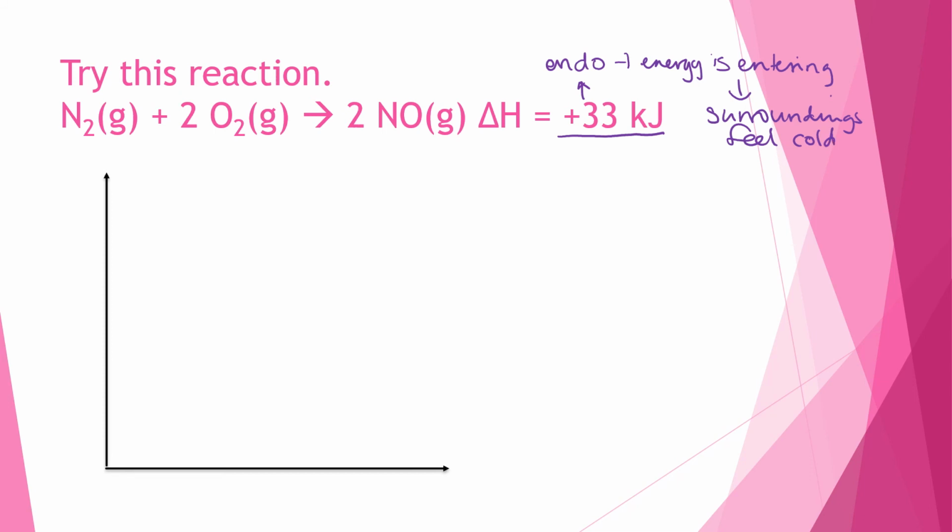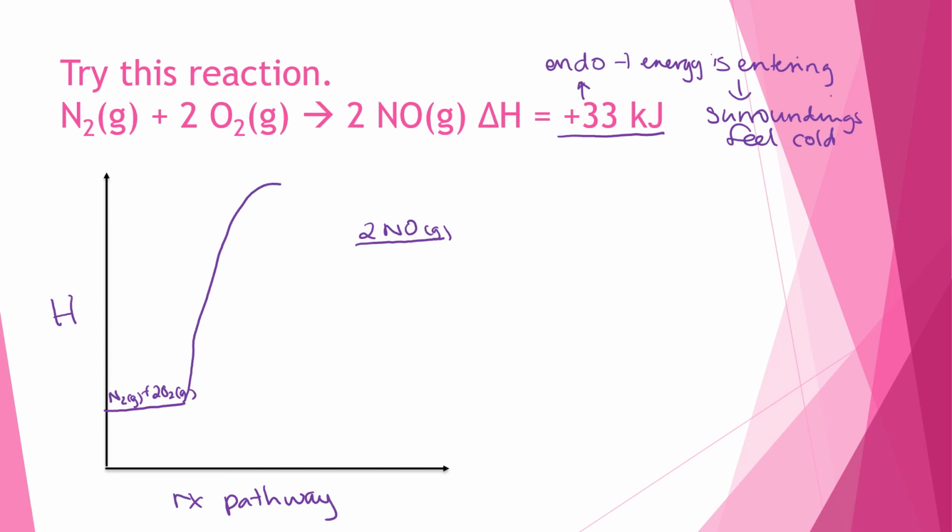Now let's go through the process. We label our axes. So this is the reaction pathway. This is enthalpy. And I need to position my reactants and products. Now because energy is entering, I'm going to start with my reactants here, and my products are going to finish up here. My reactants are nitrogen gas plus 2 oxygen gas, and my product is 2 nitrous oxide gas. It will have an activation energy,